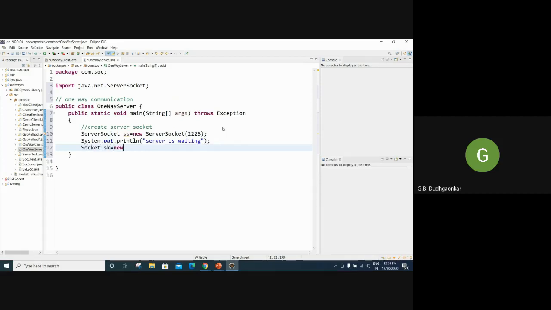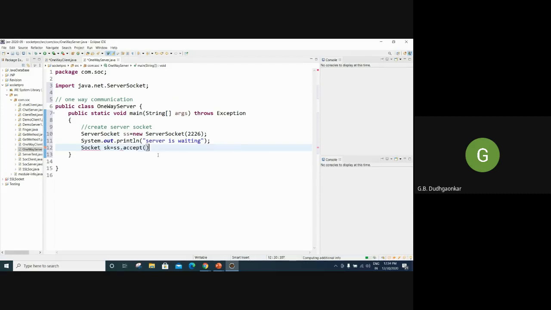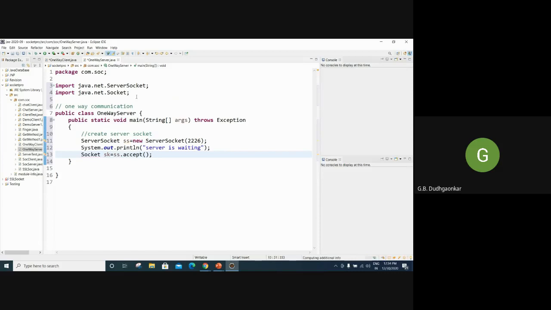Then you can use the object of the ServerSocket and its accept method to accept the connection. Again, we have to import java.net.Socket, so that package we have to import.